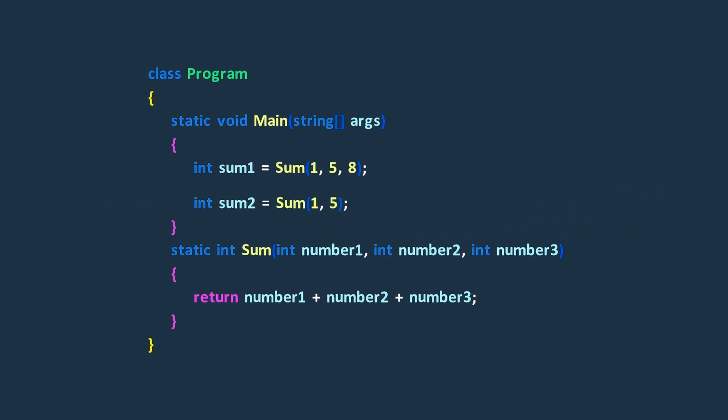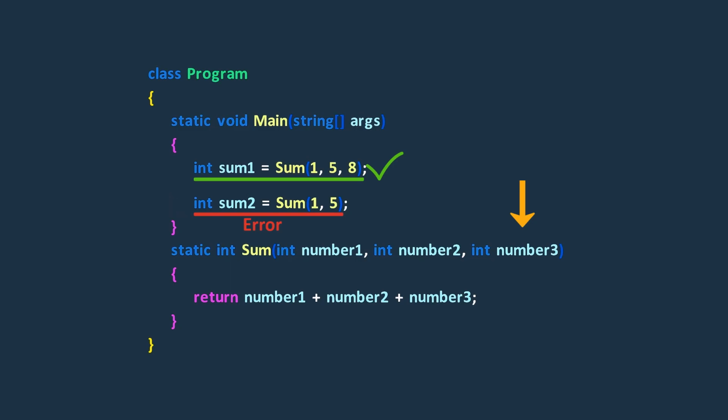Okay, let's take a look at the sum method. It accepts 3 numbers and gives us their sum as the result. By default, all 3 parameters are necessary. If we forget to include any of them, we'll encounter an error. But what if we want to make the third parameter optional? This means that if we only provide 2 numbers when we call the method, it will still give us the sum without any errors.